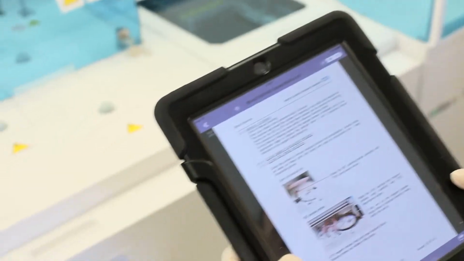They have all the documentation at hand. They can just bring up the document that they actually need, and they can scroll into the particular areas that they're working on. So potentially if they're doing maintenance on the analysers and they need to see how to change a probe, for instance, they can go straight to that area,